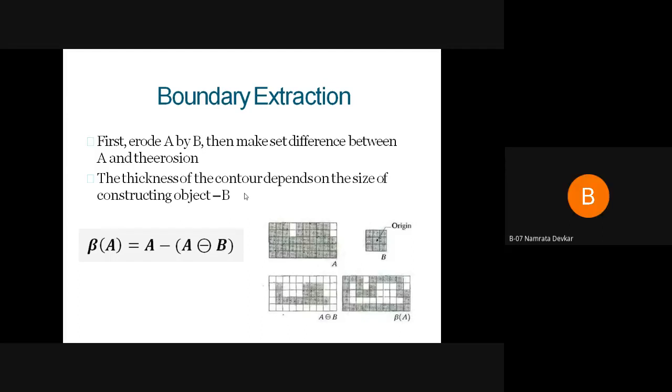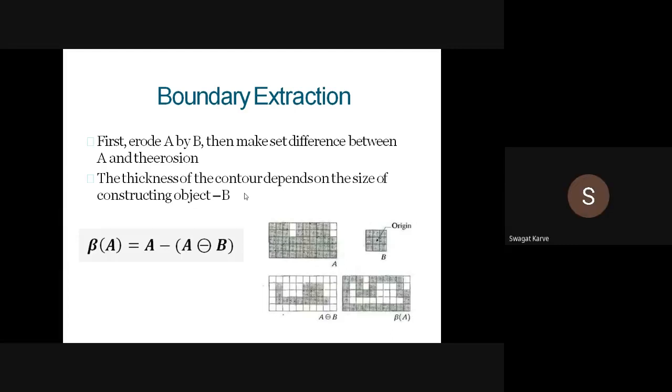The hit structuring element will ensure that the objects which are the same as the structuring element are preserved, and with the miss structuring element, the objects different from the structuring element are removed.